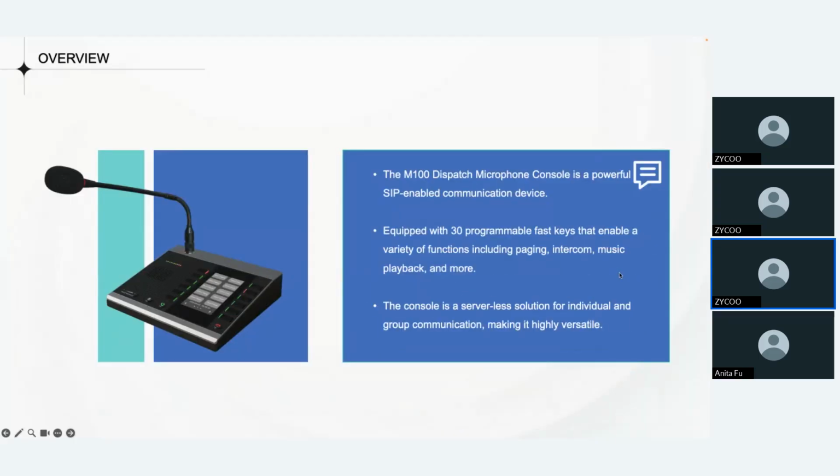Okay, first let's have an overview of the M100. The M100 is a professional SIP-enabled dispatch microphone console. It supports multiple communication methods, including point-to-point SIP calls, multicast paging, zone paging, and music playback. The dispatch console has 30 programmable fast keys. Each key can be assigned to a specific action, allowing one